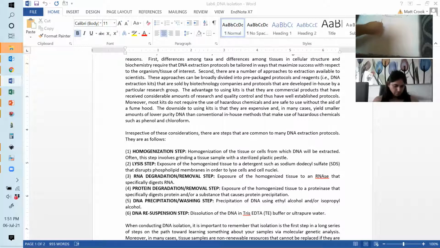And what they consist of, they kind of basically look like that, right? So this is a column. This is our collection tube. And this bit here is a